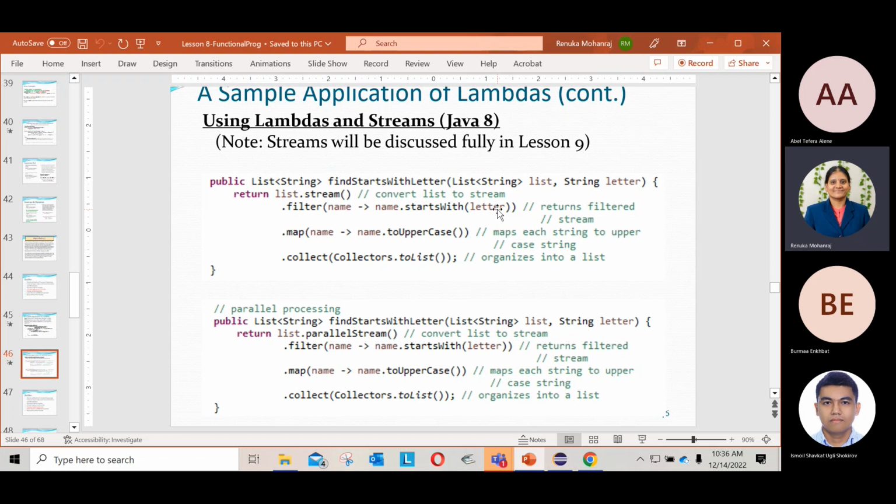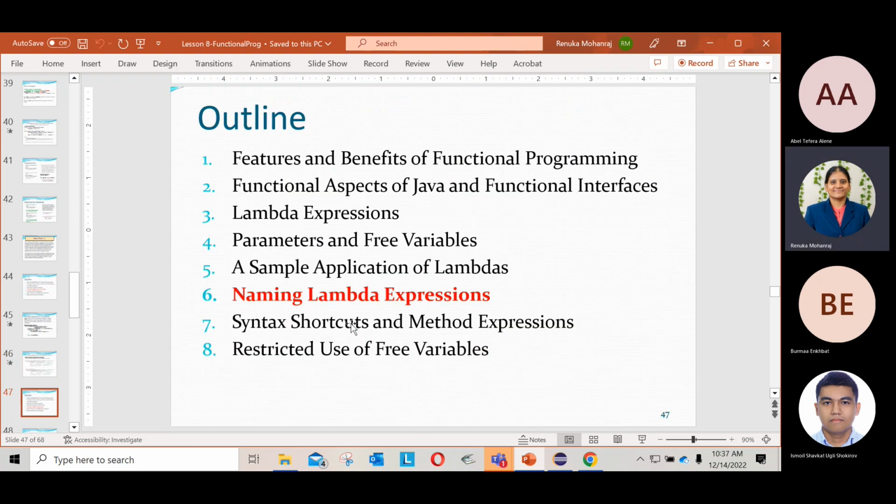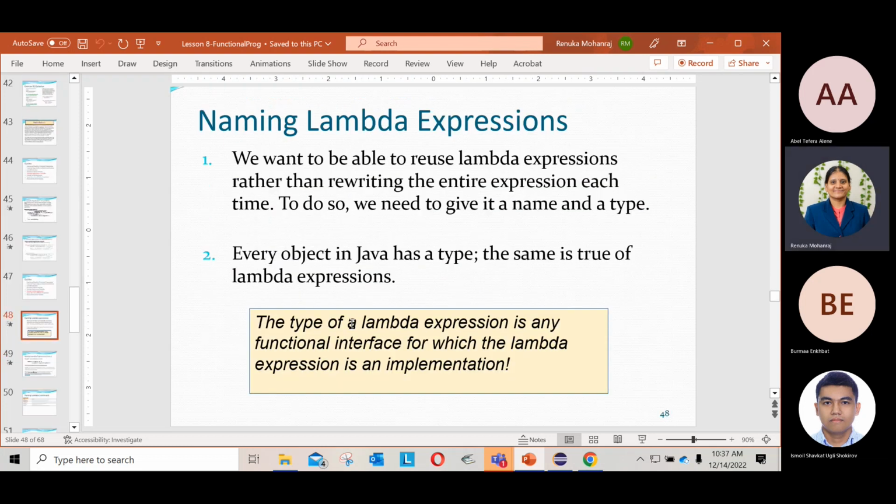For that reason, today you need this knowledge of how to implement the functional interface. So this may be a predicate interface, which takes an input and determines true or false. Map takes an input and maps it to another output. And then I'm going to collect a list. This is a great application when you work with lambdas. It's like what to do, not how to do. And if my collection is a very big collection and I want to work on it in parallel, instead of stream you can simply call parallel stream. Okay. I told you, what is the type of your lambda expression? Any functional interface.